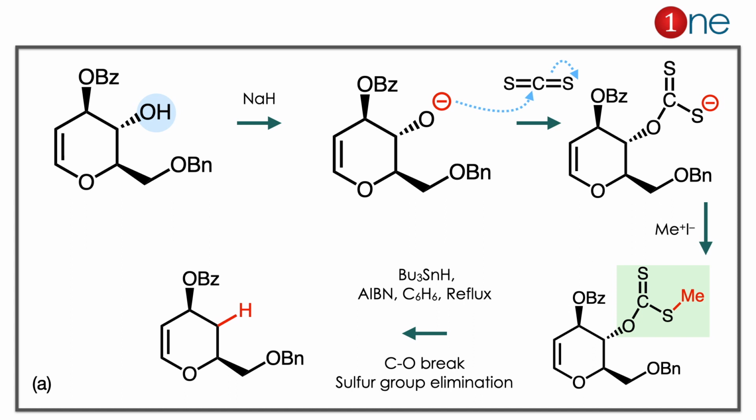Here you have to learn two important things. One is that CS2 with a radical reducing agent removes the OH from the system. Here no selectivity is needed, because all other groups are protected and only the OH is reactive. The second thing is stereochemistry. Stereochemistry doesn't play any role here, they have given it for confusion.